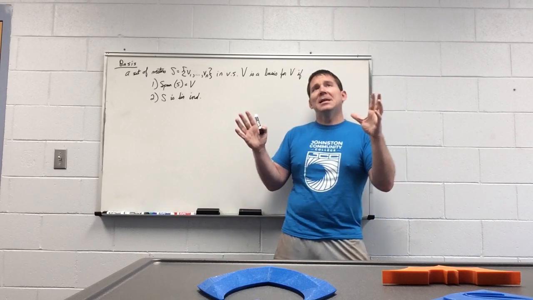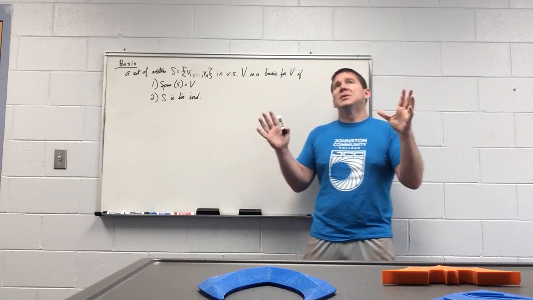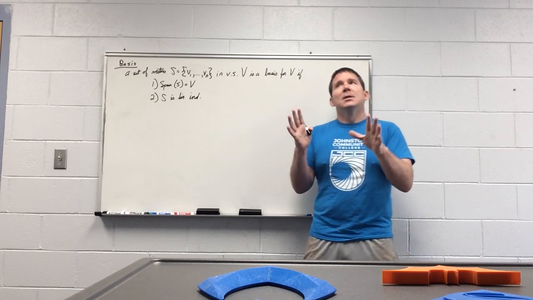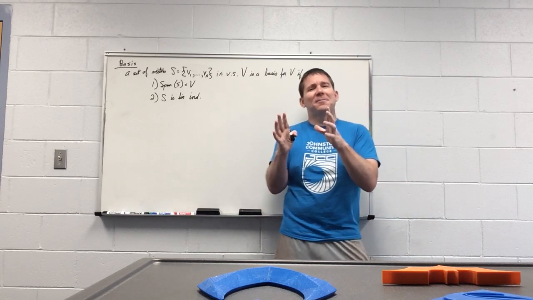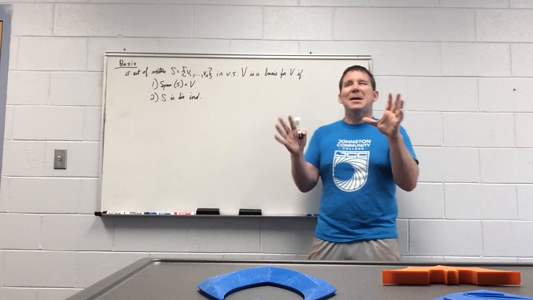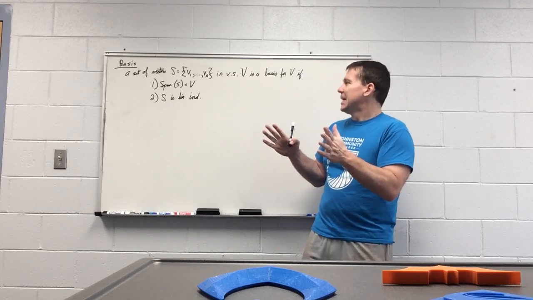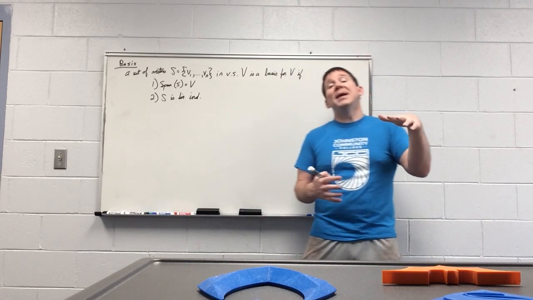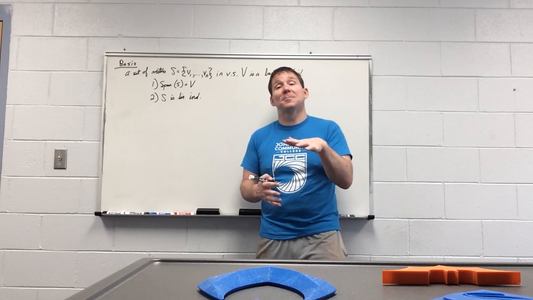But it also has to be linearly independent, which means the vectors cannot be multiples of one another. So it also has to be small enough that I don't have multiple copies floating around. So again, I'm essentially finding the smallest possible thing that is also big enough to span the entire space,